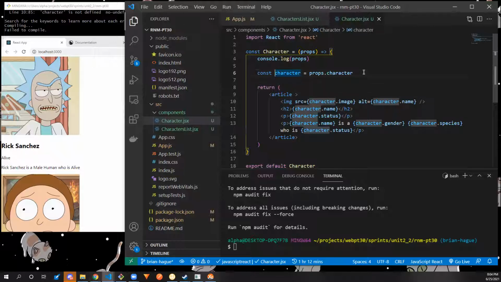Because all the curly bracket says is, okay, well, this props is going to return stuff, but these are the only things that I want to name as variables. And it'll just call them whatever the key is. So